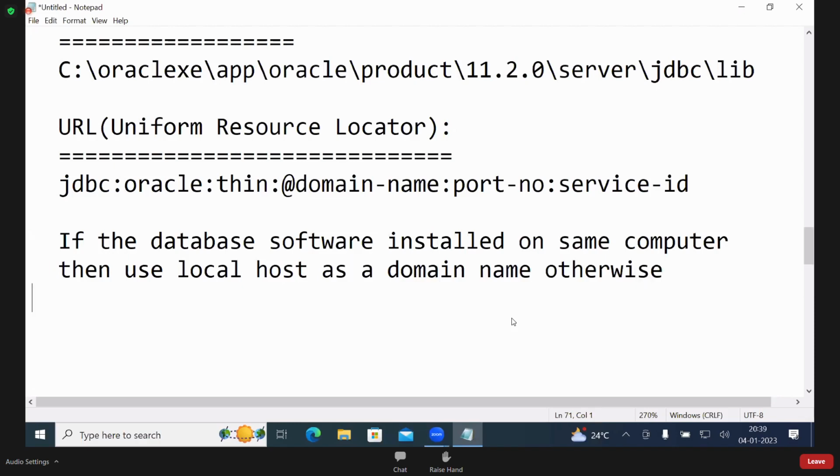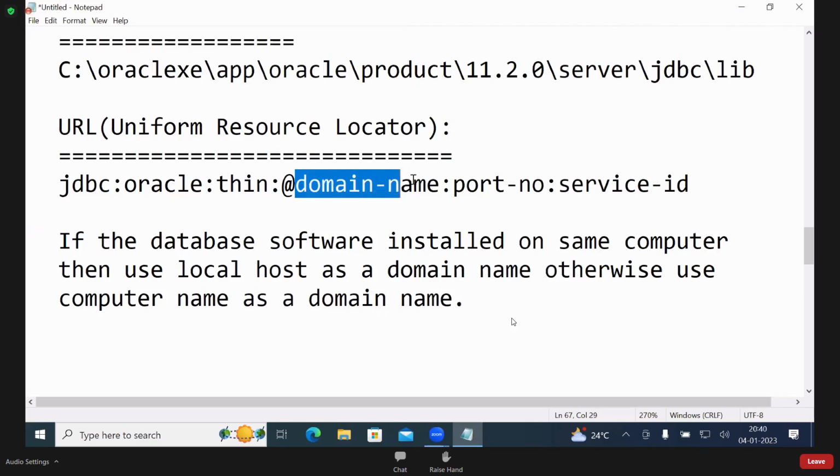Otherwise, use the computer name as the domain name. If the database software is installed on the same computer, you have to write localhost here. If the database is installed on another computer, you have to write that computer's name here. Then this Java program connects to that database.